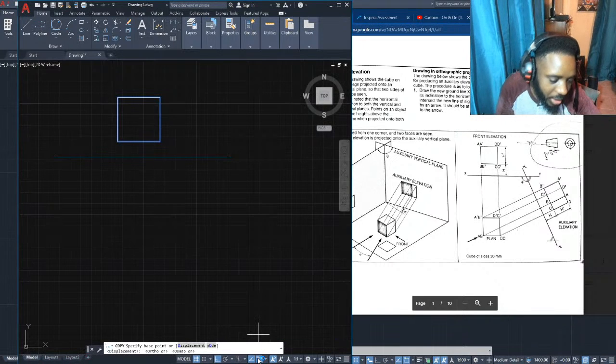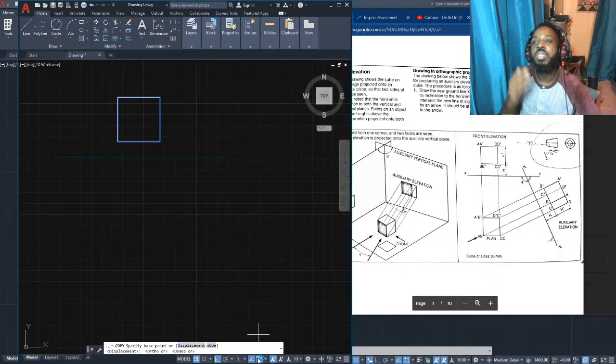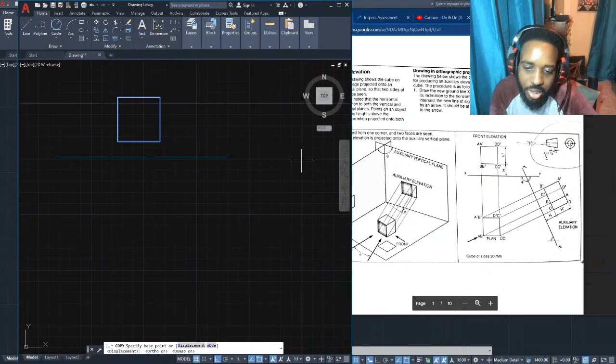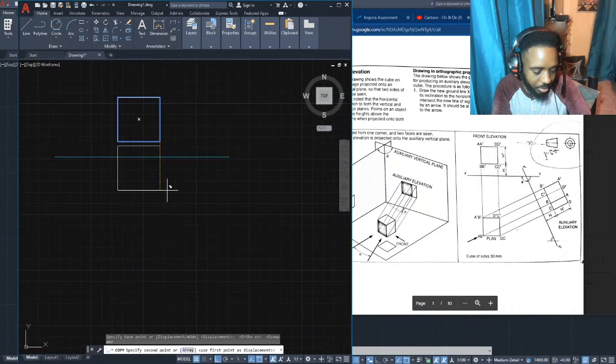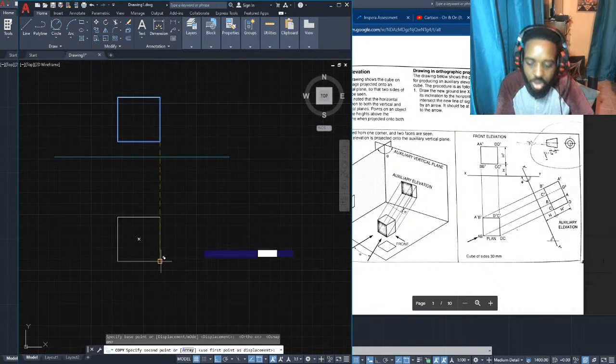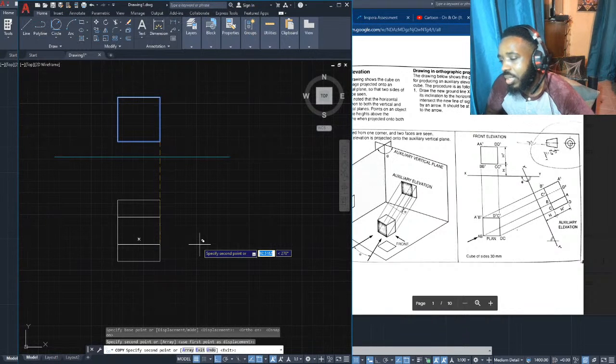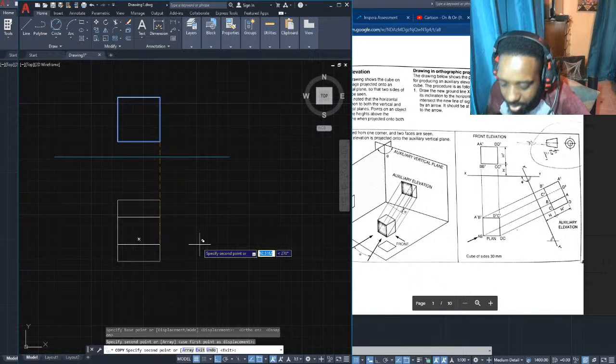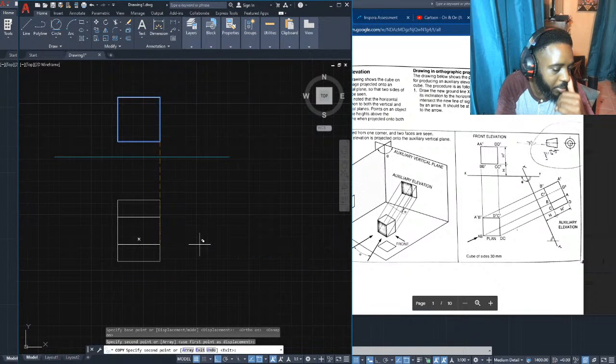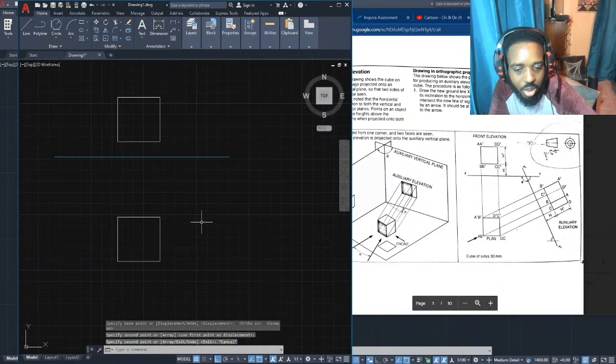What are the international standards for technical drawing? You can find that information on Google. They are the main ones: the ISO, the International Organization for Standardization, the BS, which is the British Standard, and the AISI, which is the American Iron and Steel Institute. So those are the three main ones.